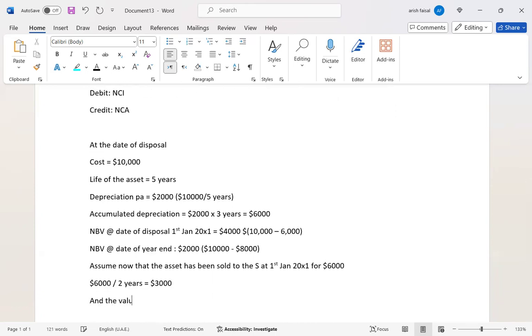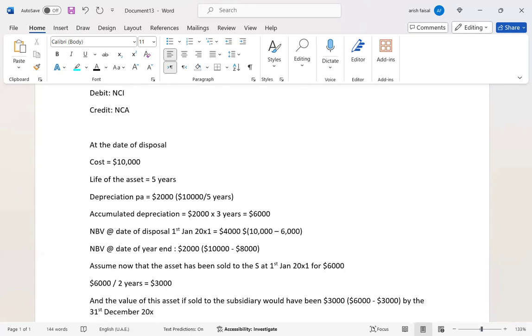And the value of this asset, if sold to the subsidiary, would have been 3,000, because you see the cost to the subsidiary for this asset was 6,000, but then the subsidiary charged a depreciation of 3,000 for the current year 2001, and the net book value of this asset in the books of subsidiary would have been 3,000, right? And the value of this asset, if sold to the subsidiary, would have been 3,000 by the 31st of